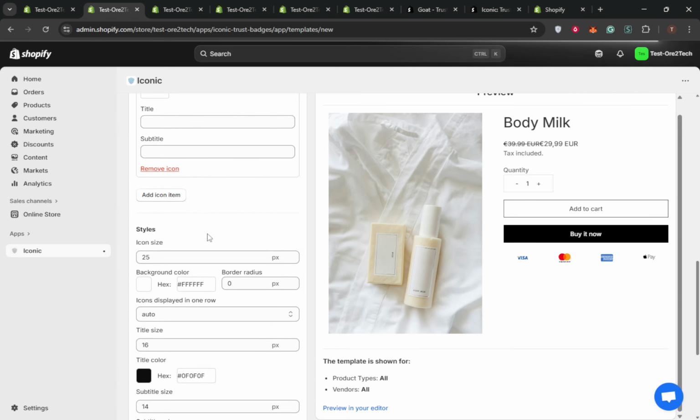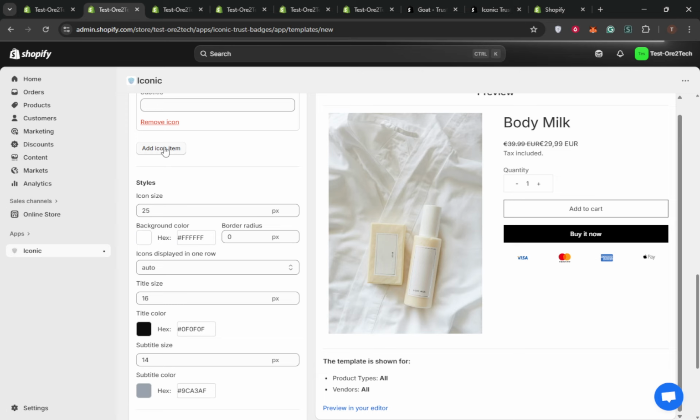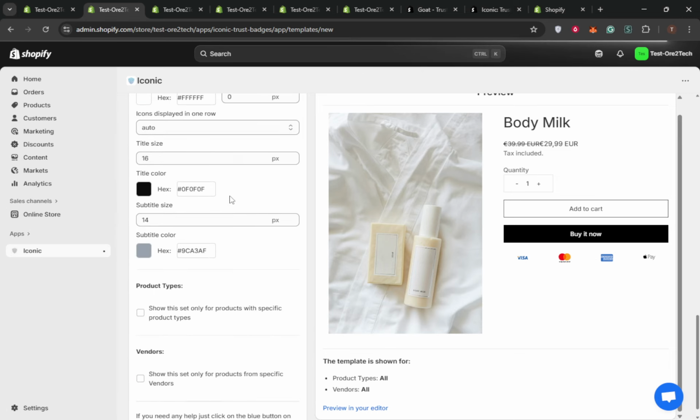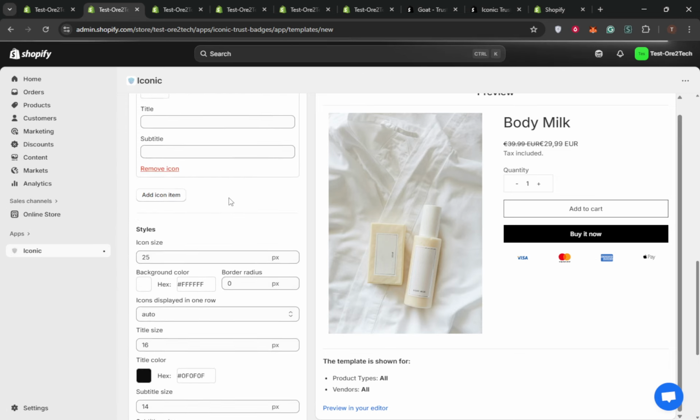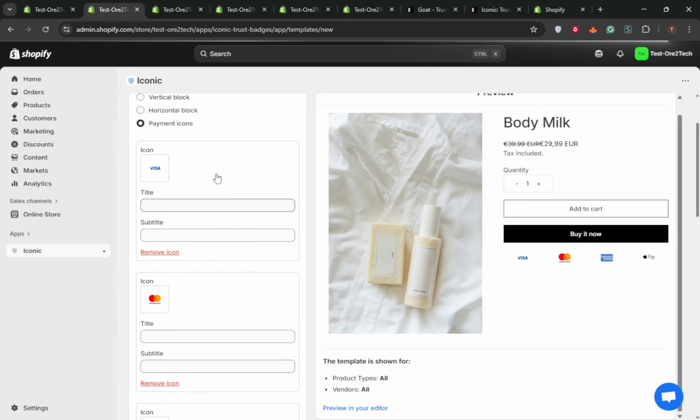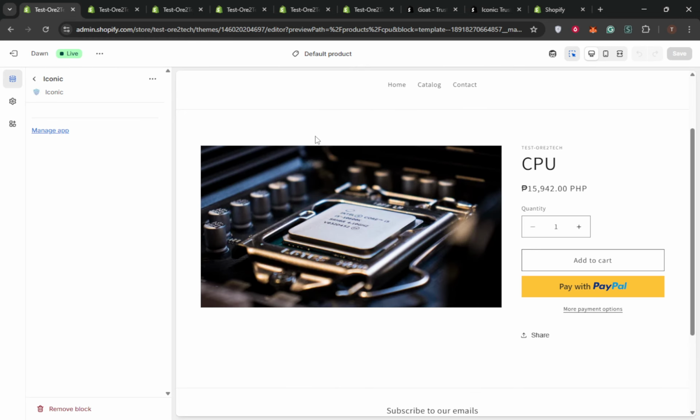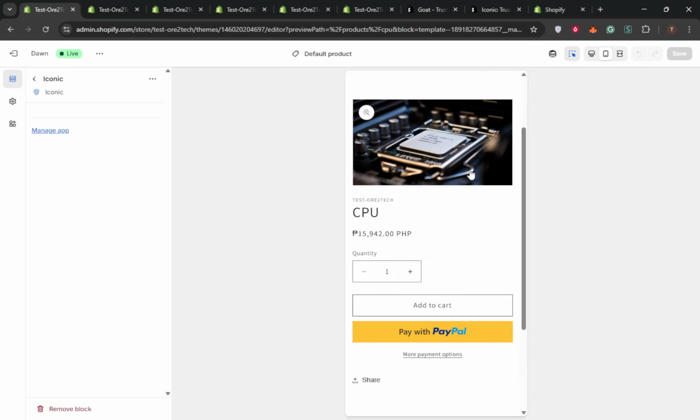When you're happy with the placement and look, click Save and preview your product page. Check a few products and view on both desktop and mobile to confirm the badges are legible, and don't crowd your call to action. If anything feels too large or distracting, dial it back in the app settings and save